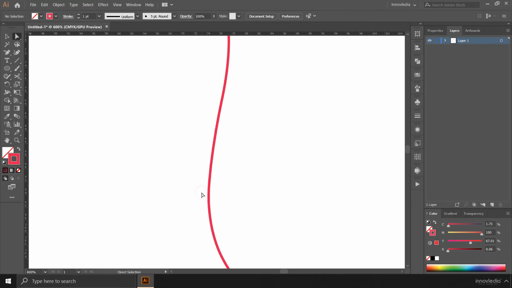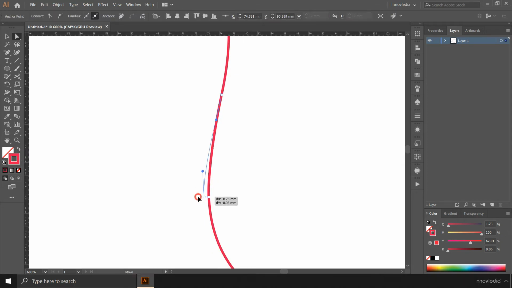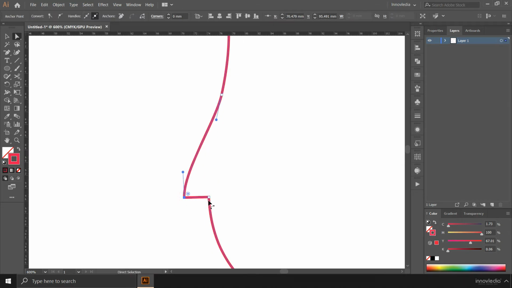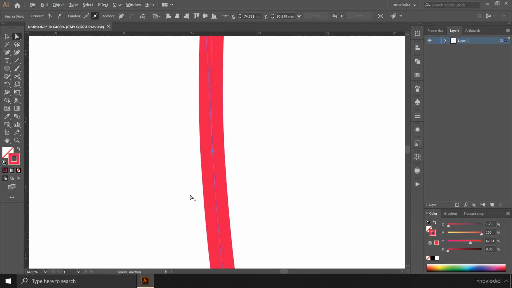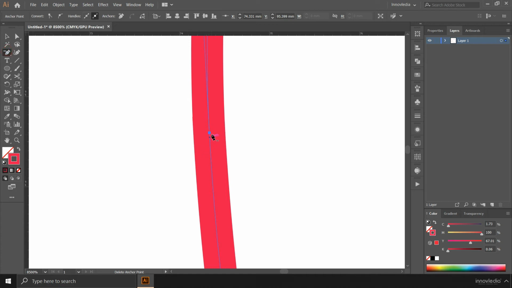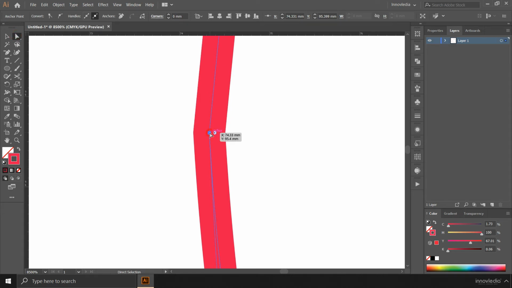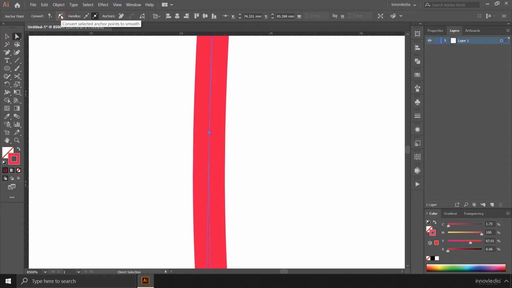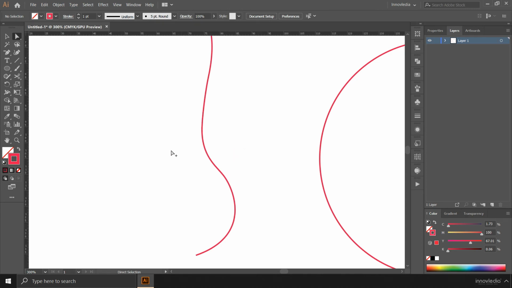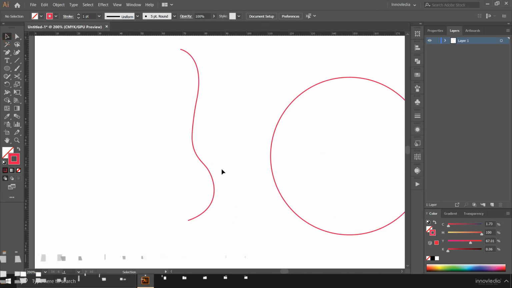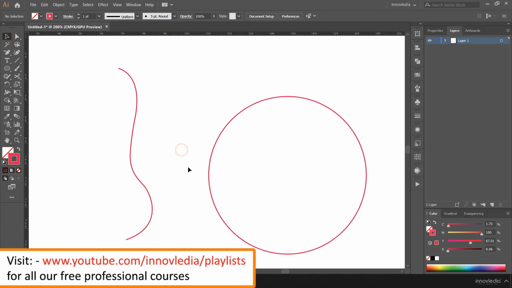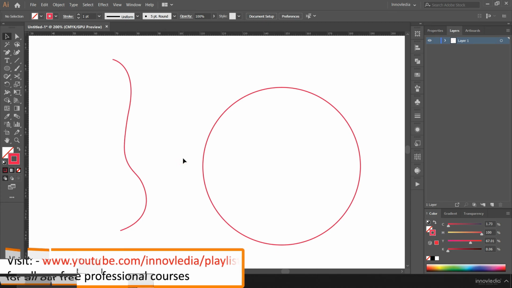Alright. The same cases here, there are two anchor points present. Hit Ctrl Z, zoom in closer, use the delete anchor point tool to delete the anchor point. Now select this anchor point and click on smooth. See, the path is ready once again. So this is how we can join segments into paths and paths into shape.